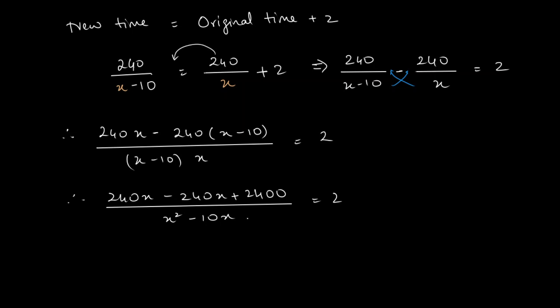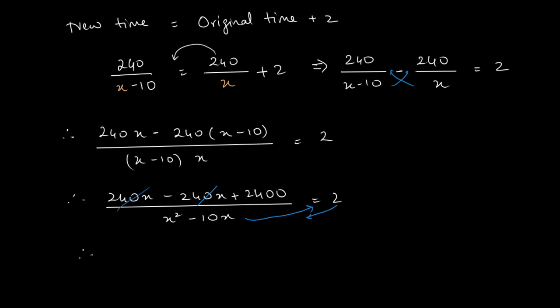So let's try to bring everything in the numerator. It becomes easier to simplify that way. Take the denominator from the left hand side to the right hand side. So therefore, now if you notice 240x minus 240x, those two terms get cancelled out. I'll be left with only 2400, which I could potentially divide by this 2 over here. So 2400 upon 2